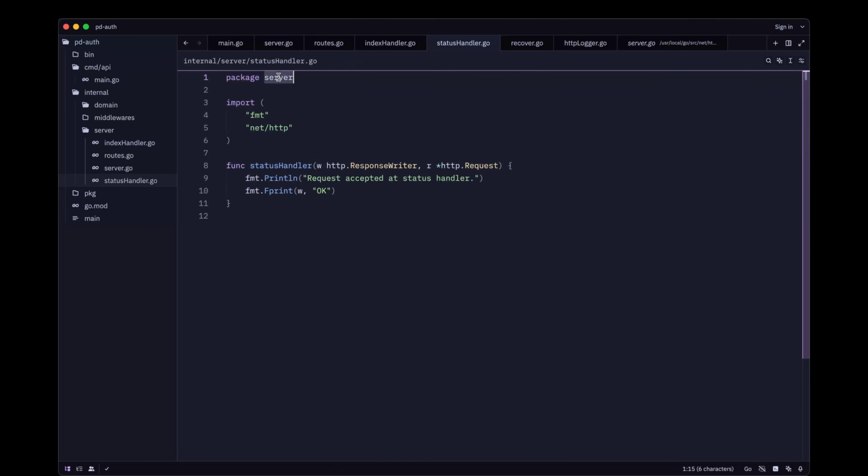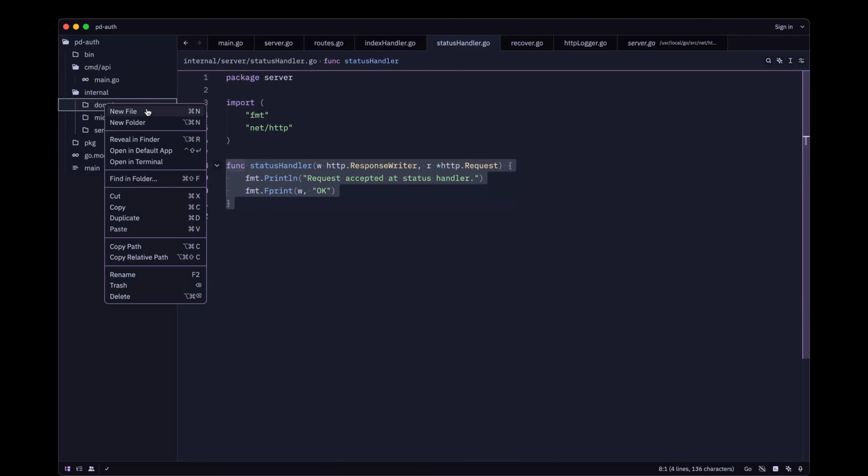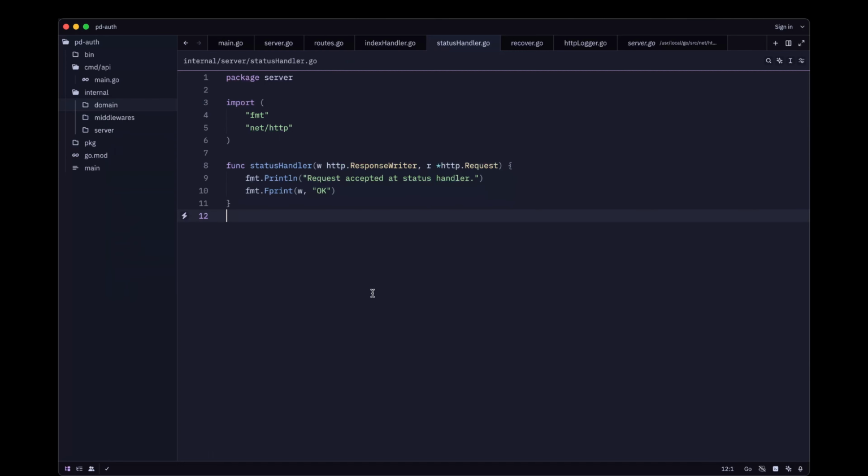Now you got the idea of how packages work within the same package. You can also move this status handler into a separate folder inside the domain, as status or health, and then add all the functionalities. You can provide the CPU details, memory details, and other details in those status handlers,